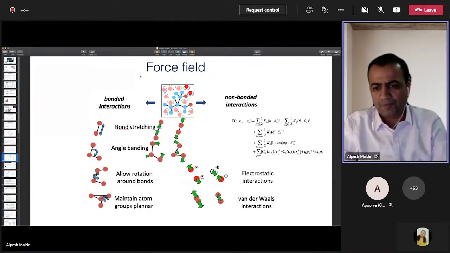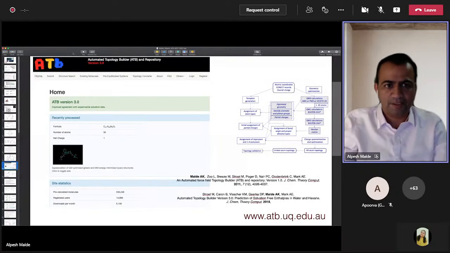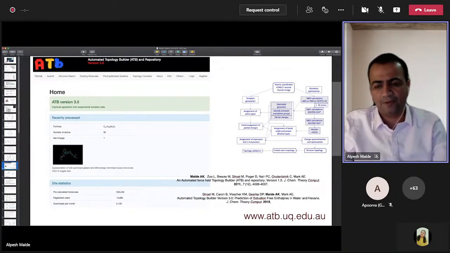Now, for most of the biomolecules we can generate those parameters very easily. But when it comes to small drug-like molecules, it's a lot of effort. So we came up with this Automated Topology Builder and Repository about 10 years ago. On the right, it gives an outline of the blueprint of what is running in the background, that when you submit a molecule,